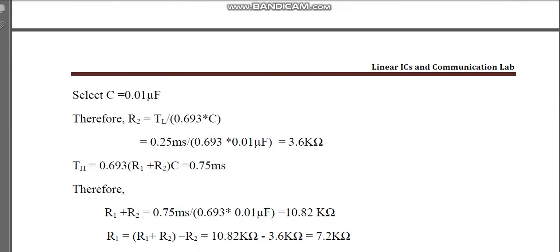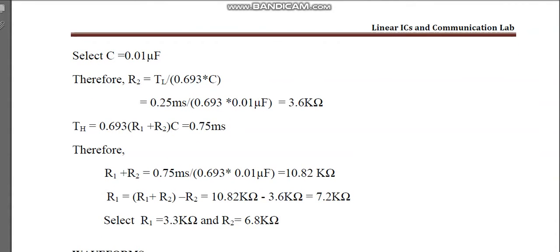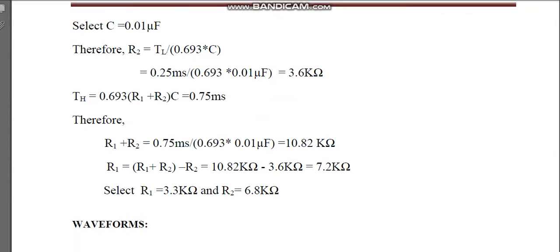So just calculate that. So you can assume C as 0.01 microfarad. You don't go for still lower values. Just take the standard 0.01 microfarad and calculate. So TH will give the R1 and R2 values, which can be calculated using that formula. Just substitute the values and you will get the other values. This is just linear equations, where we have two equations and three unknowns. So I have taken one unknown as 0.01 microfarad and the other two you calculate using the two equations. That is very simple. General maths you can do.